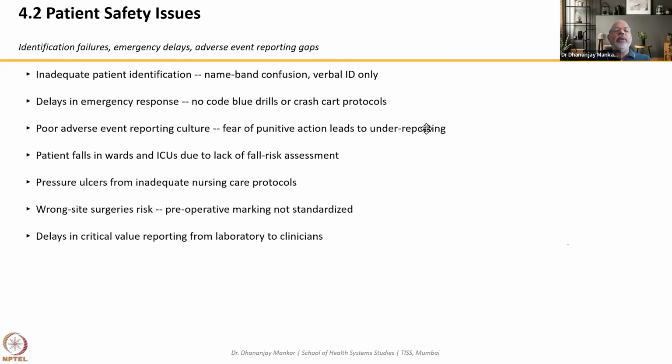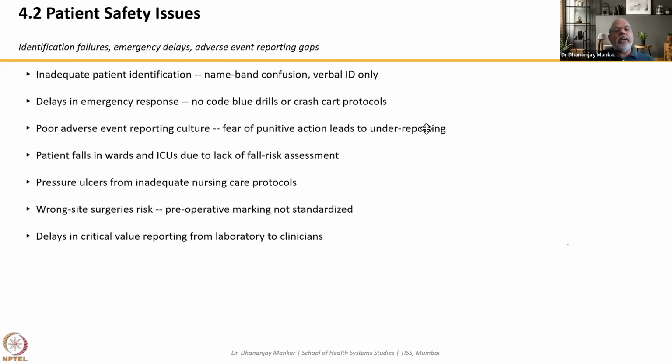And adverse event reporting gaps. Adverse events may lead to irreversible change or sometimes death. Such events are to be taken note of, and event reporting is very important. Especially people who come from a government background might know that in NQAS, when we study the quality indicator part, it is important that when you find a great discrepancy, that there is no DAMA case, adverse event case, near miss event, sentinel event or ADR,